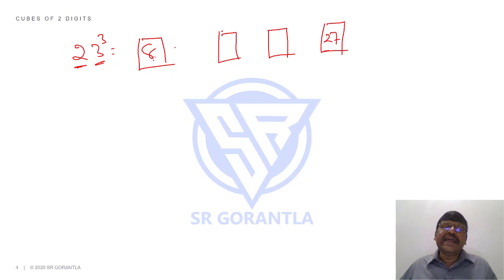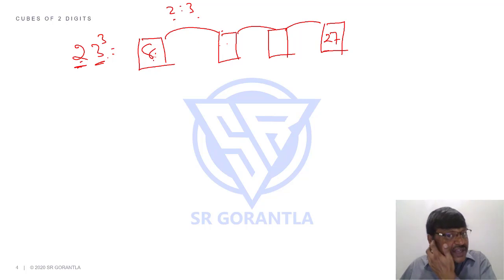Now, students, I want any two terms here to have the ratio of these two digits, 2:3. 8:, what will be the ratio? If you can say 12 directly, there is nothing like that. If you can't say, I will tell you something. What is 8/2, students? 4. 4 into 3, 12. What is the logic behind it? How did you get this 12?